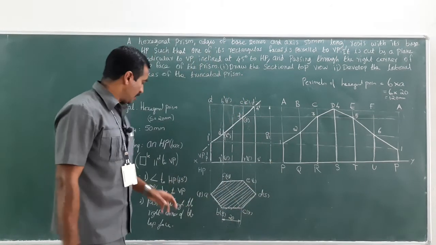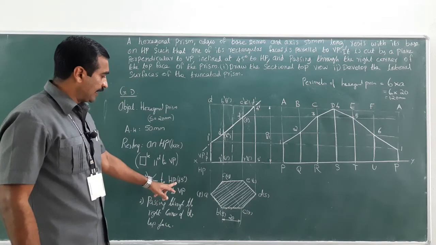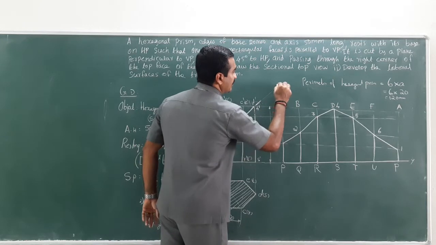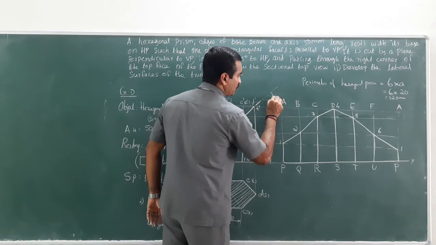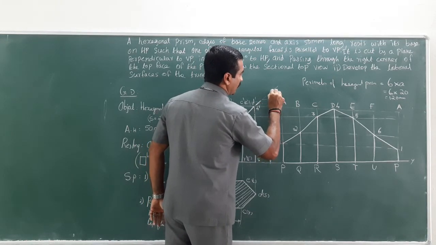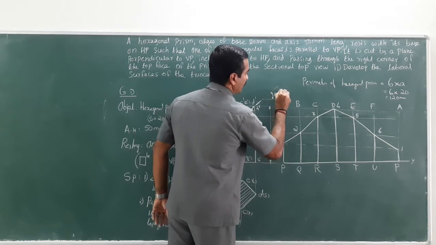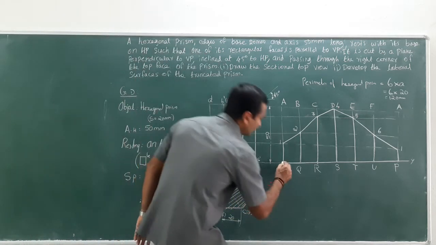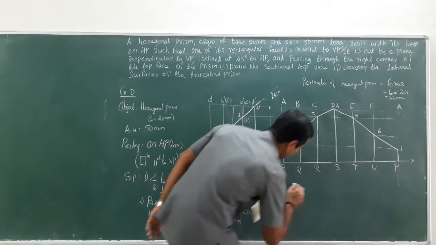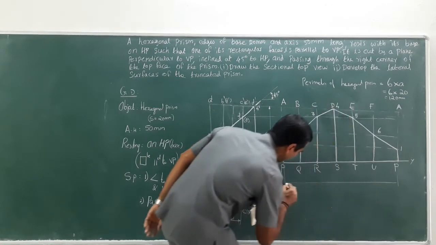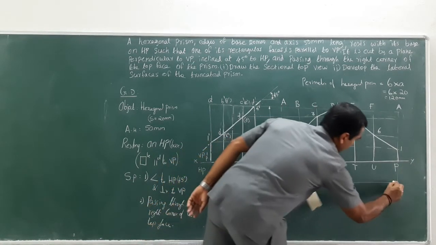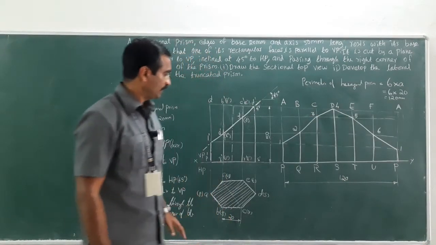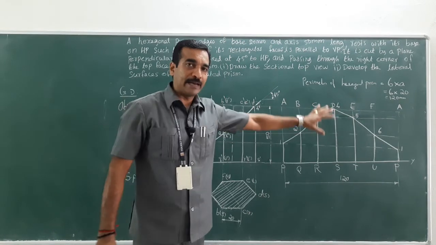Right. Now, the section plane inclination is 45 degree. Since I don't have sufficient space here, what I am going to do is just extend this line and draw a horizontal line which should be parallel to the XY and mentioning as 45 degree. Right. Anything else is left out? Yeah. Now, the perimeter length of the development of the lateral surfaces, it should be 120 mm, right? 120, right? All the dimensions have been captured here.